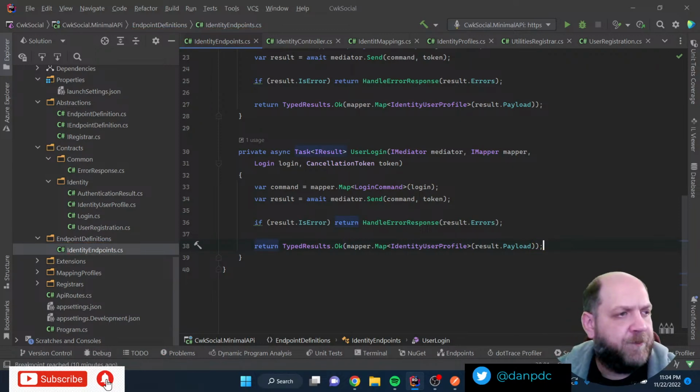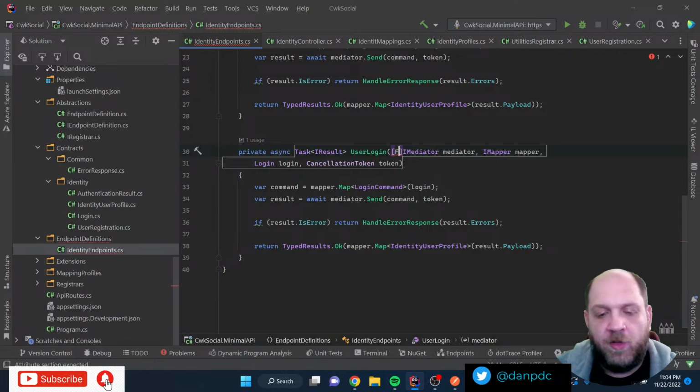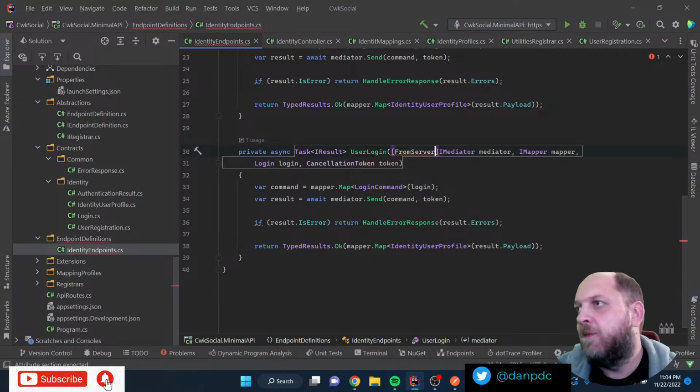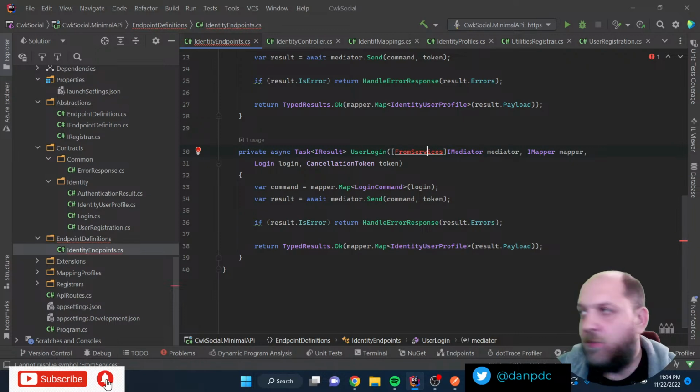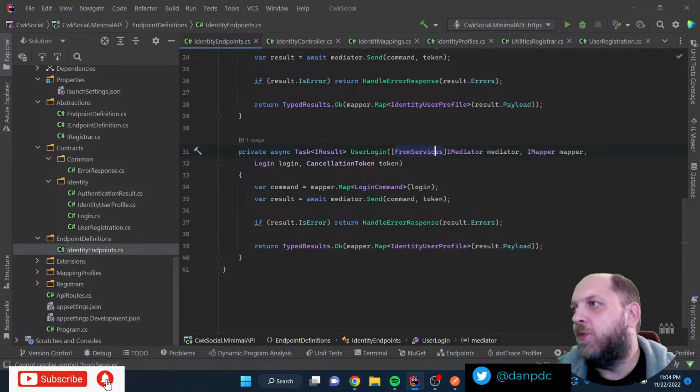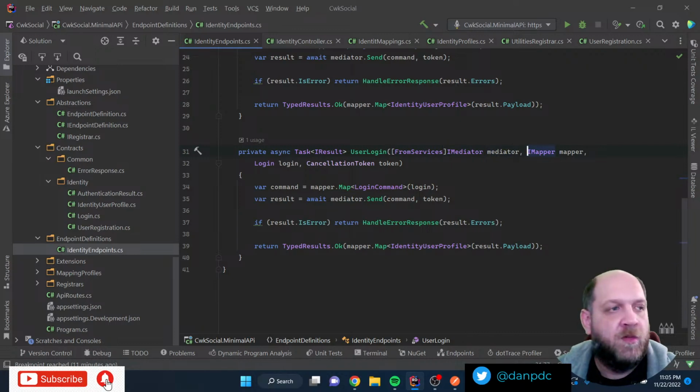Yeah, of course. If you add the attribute, it will still look into the DI container. No, you can do that. For instance, you can say here that I want this to be from services. You can also do this. Okay, it works. And then for this one, you can also say from services.